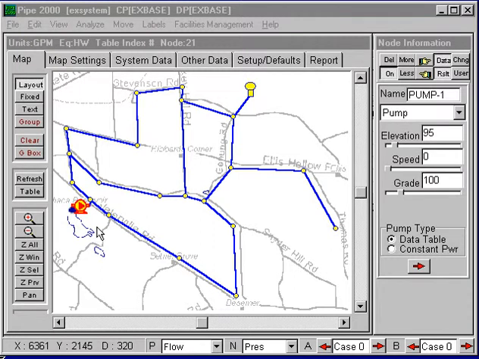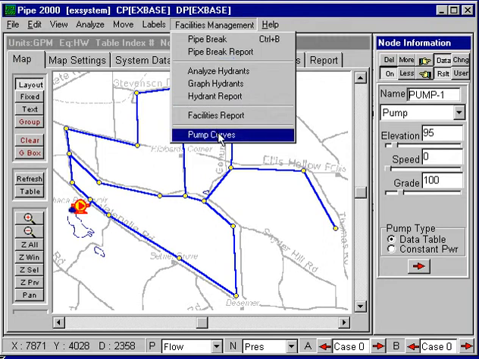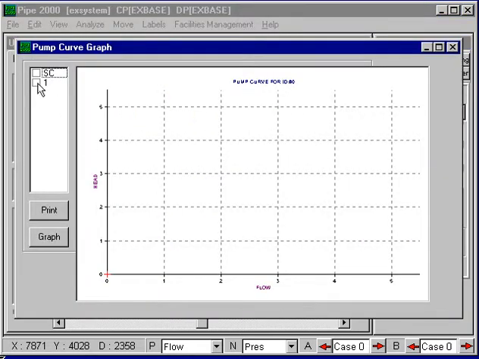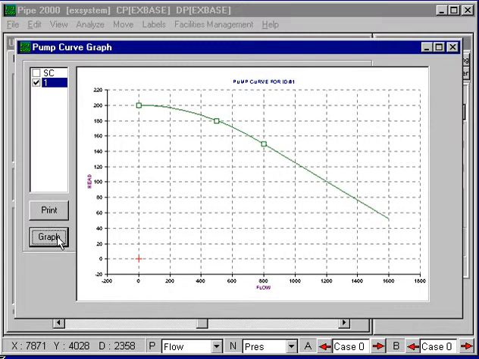Pipe 2000 can plot pump curves and system head flow curves. We'll illustrate that with this system. Here's one pump. It's got some head flow data, and under facility management there's pump curves. I can go in and select the IDs of any of the pumps that are described in the data and graph them up, and this is what the pump head flow data looks like, and it shows the specific data